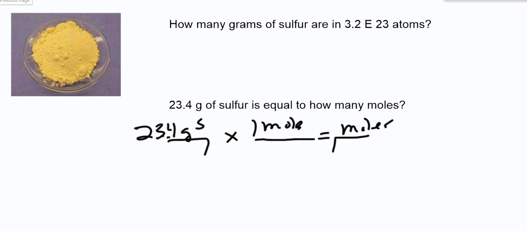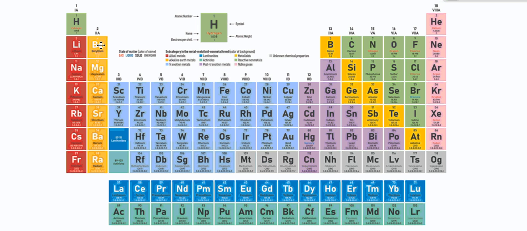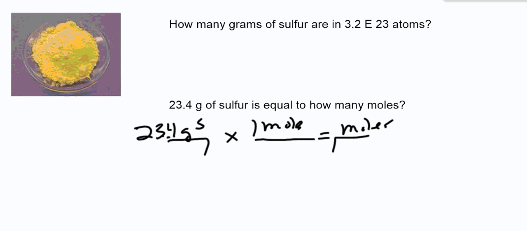Well, let's go back to our periodic table here. And it looks to me like sulfur is 32.06. So let's go ahead and do that. We're going to put 32.06 here. So it's very similar to our dozen. We have to go to the periodic table, which is analogous. We're calling that our